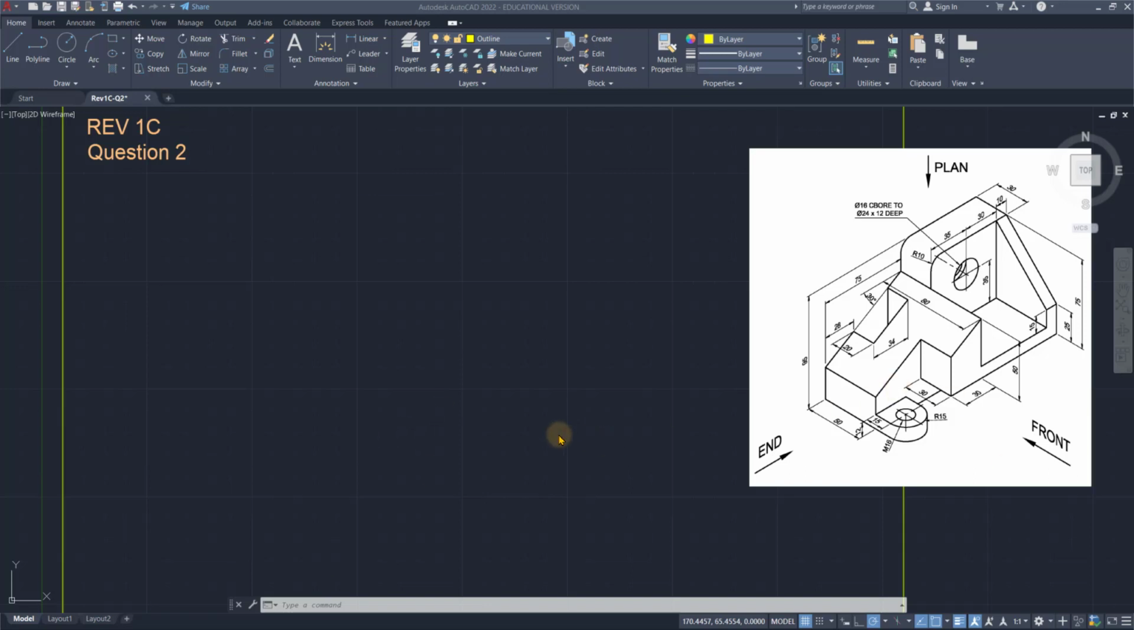This is a guided tutorial for revision 1C question 2. For this question, we are required to draw the third-angle projection: the front, the end, and the plan view. If you remember what the third-angle projection is,